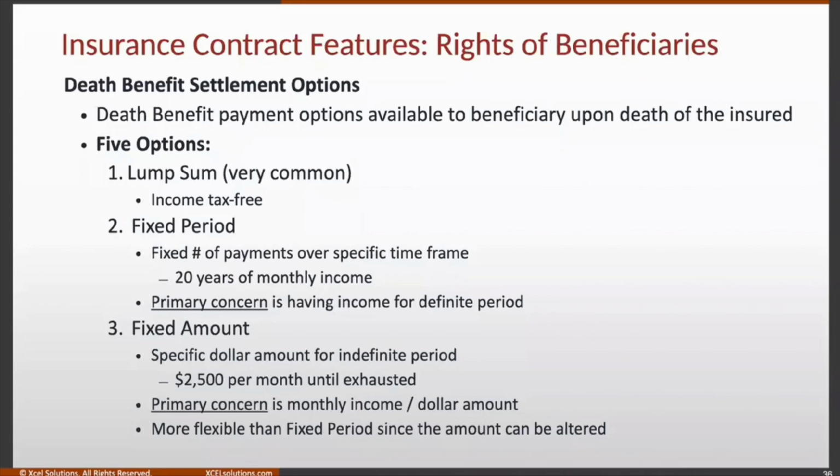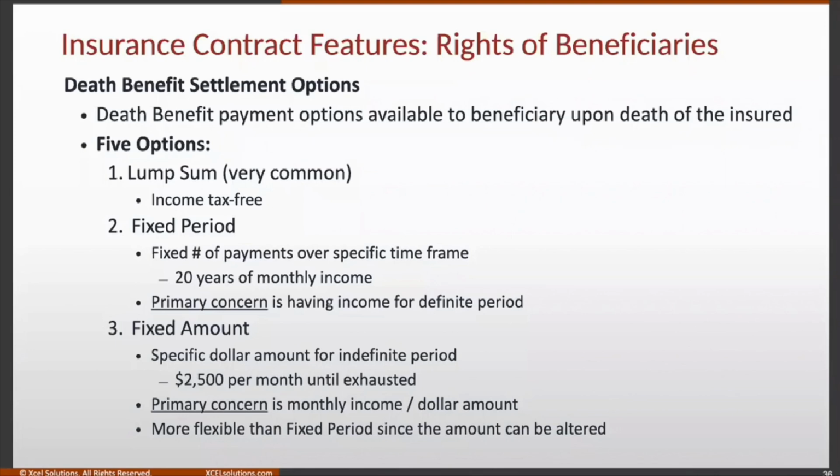So if they choose a 20-year payout, then they will calculate what the amount of that check will be, and they will consistently pay it out until all the proceeds are paid out to that named beneficiary over that 20-year period of time. So when they choose a fixed period, they are choosing a fixed number of payments over a specific time frame, such as 10 years or 20 years. So here, this example shows a 20-year payout, so it's going to be paid out to them consistently over that 20-year period of time. By the end of that 20th year, all proceeds will have been paid out to them,